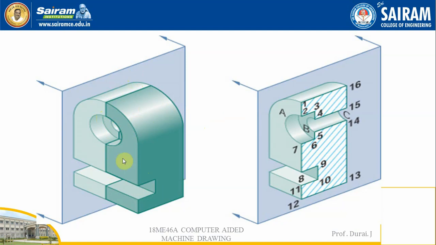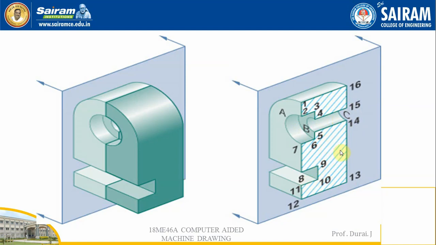Okay, so once we cut it over here, exactly in the middle, there is material, so they make section lines or hatching lines. And here it is a hollow portion, so here it does not have any material, so only the edges are going to be mentioned over here. So here it has the material, so they are going to make the hatching lines over here.